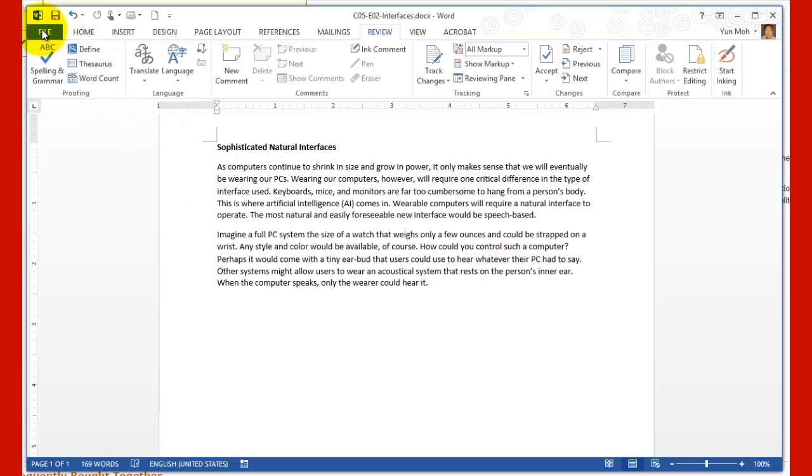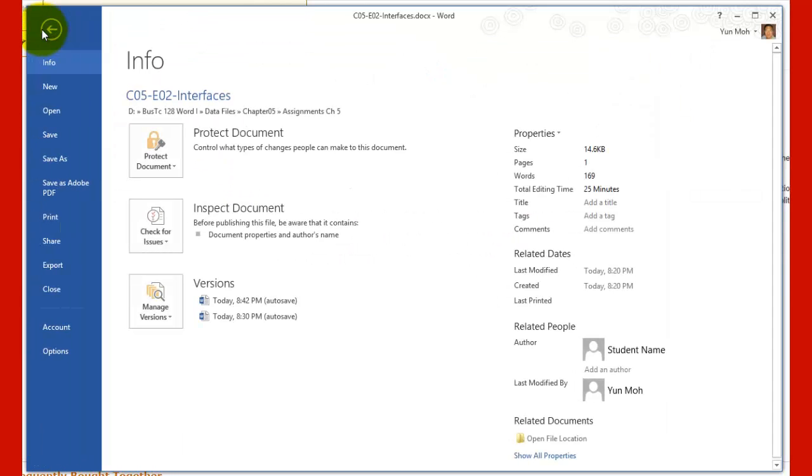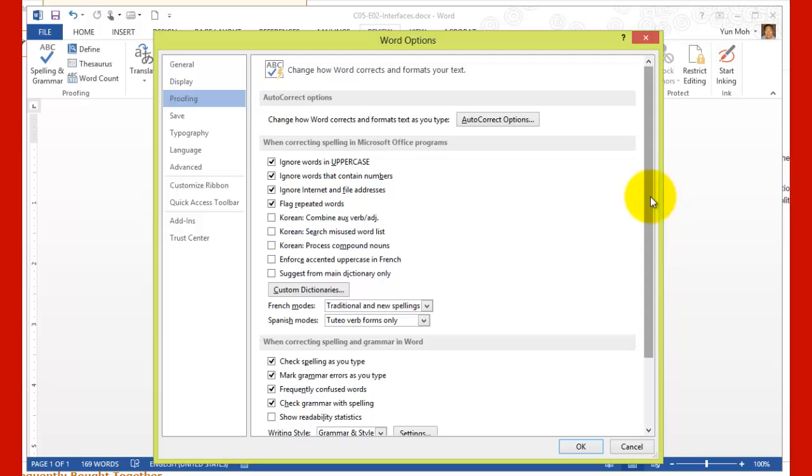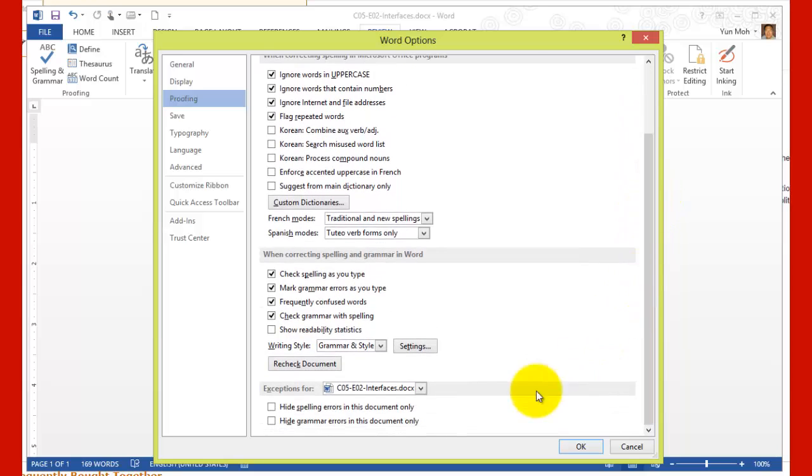So let's go ahead and click on File and go to Options. Where's Options? At the bottom. Proofing, and just go down here to when correcting spelling and grammar in Word. Here, select Show Readability Statistics, and go ahead and click on OK,